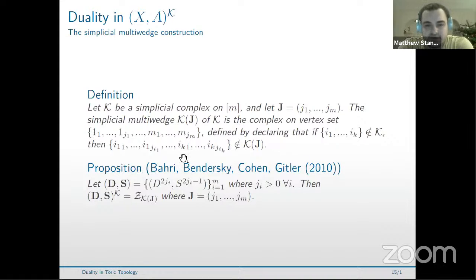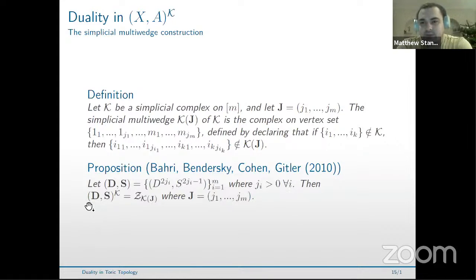Okay, I'm not going to go too much into the details of that because it's actually an example of a more general construction, which I'm going to introduce in a moment. But the following proposition is very important. Given an m-tuple of disks and boundary circles of those disks, where the disks are of dimension 2 j sub i, and the boundary spheres are of dimension 2 j sub i minus 1, then the polyhedral product,